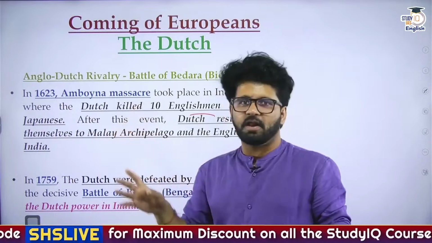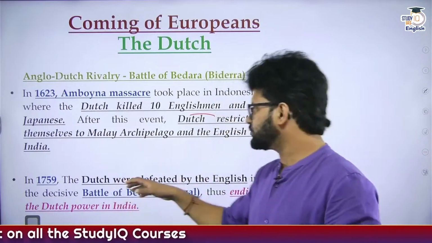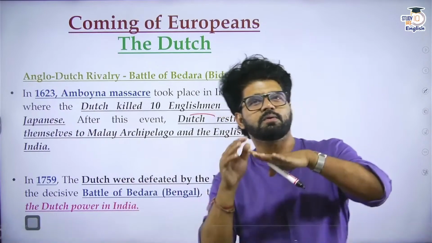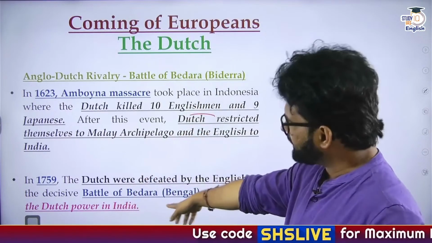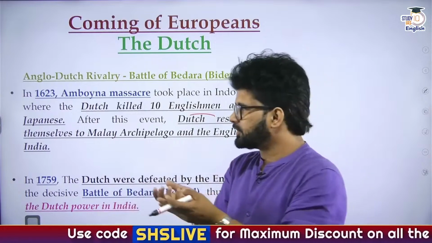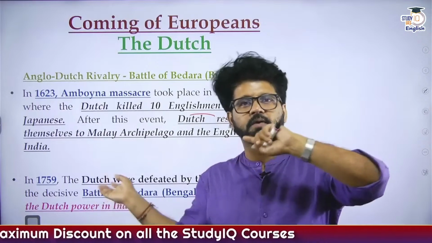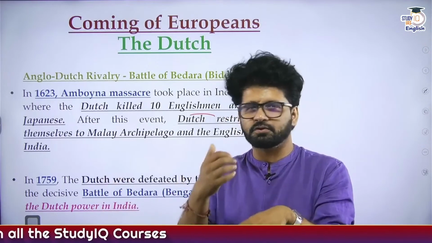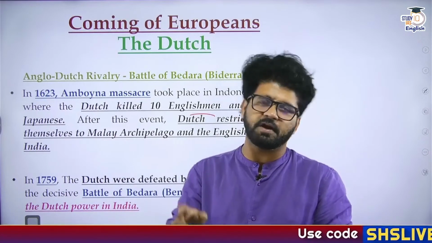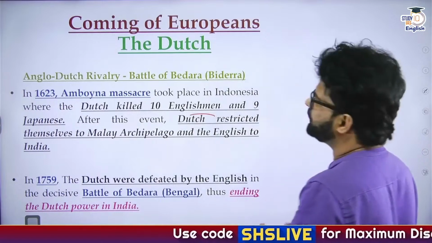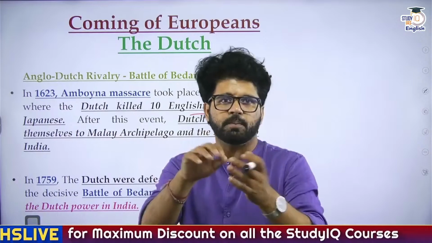English people were like, dude, come to India, we will kill you here. We will do the same massacre. That was the threat. So they were like, let's focus on Indonesia. Let's focus on one thing at a time. Let's not do multitasking. And after the Battle of Bidara in 1759, where the Dutch tried to take advantage of the Nawab of Bengal, who was also very frustrated with the English EIC, as we will discuss when we talk about Bengal, they were defeated. They were like, we are done, let's move from here. We have no business being here. Let's focus on Indonesia, otherwise who knows, we will lose that portion as well.